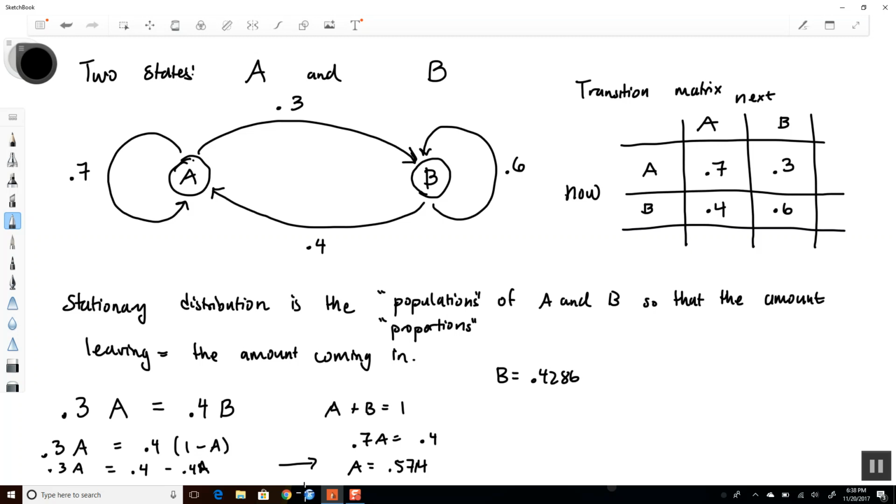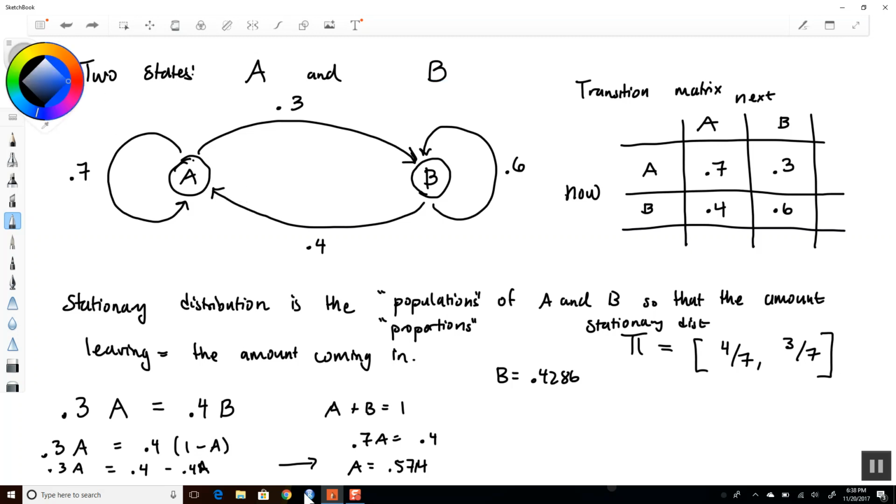Okay, so basically 4/7 and 3/7. So if we call this pi, pi is often what we call our stationary distribution. The stationary distribution of A and B will be basically 4/7 and 3/7. Okay, and so if I have 4/7 here, and if I have